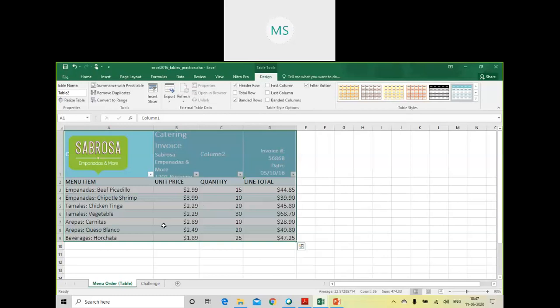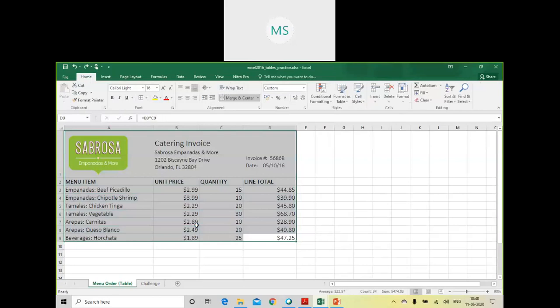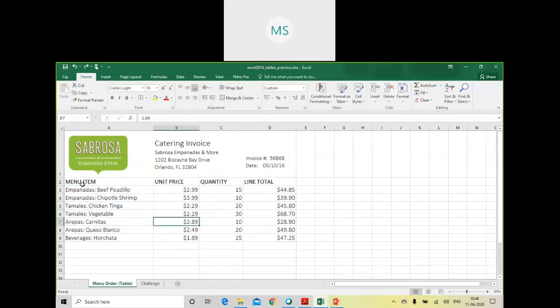Now, as you can see, the banner which I had created is also getting converted into a table, which shouldn't be the case. My table area is only this much. So I need to select this particular area, and only this area needs to be converted into a table.